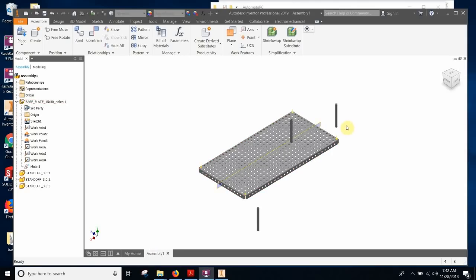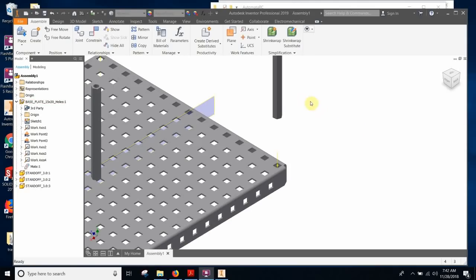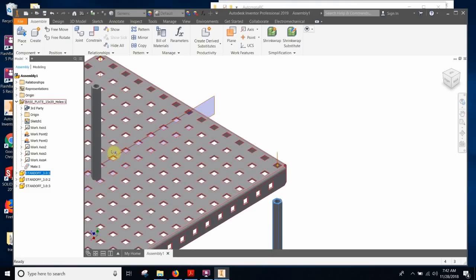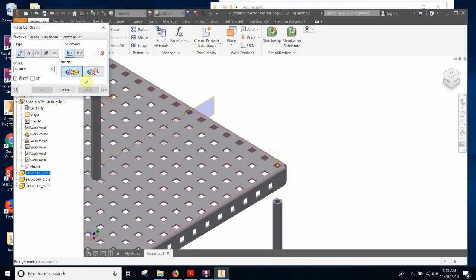Okay, got this figured out. Sometimes you got to play around with things a little bit. So it's aligned on this axis, so you can see it kind of just like flows through. So actually what we're going to do, instead of trying to mate this face with the bottom, I'm going to mate the top face. So I'm going to move this down, and I'm going to do a constraint,